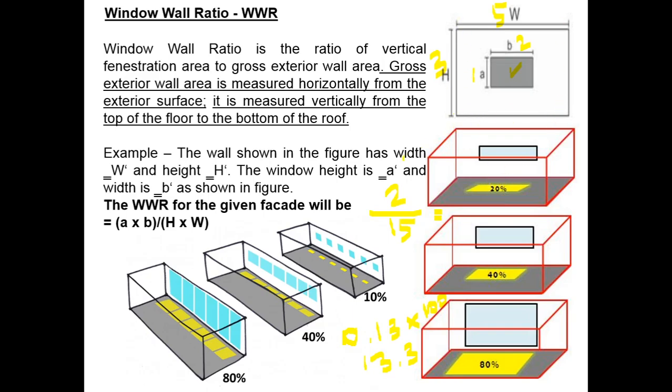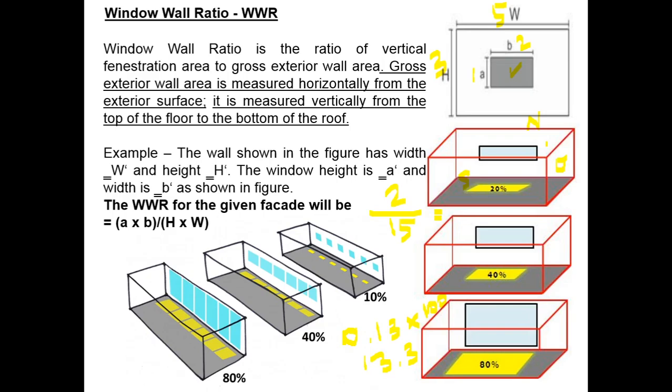For example, if this is the room and this is the north facing wall, we imagine that this is going to be the north, this is the south, and this is the east and west. For the north facing wall we have to calculate the window wall ratio. So we understand the amount of daylight which will fall inside the room because of the opening size and its ratio. Generally we know that the daylight factor needed is almost 2% to 4%, which gives sufficient daylight inside the room.